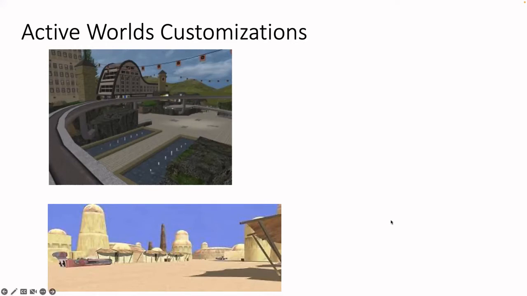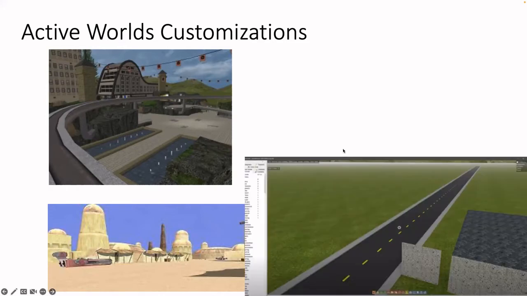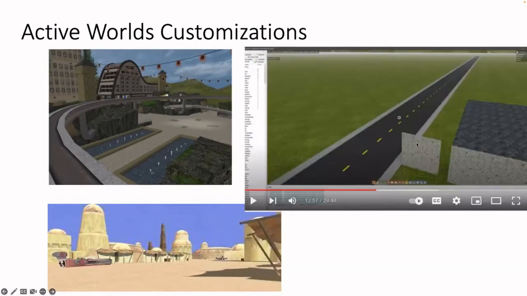But they also had their own built-in builder. And so here you can see this little square is being pulled out of this block of granite onto this highway. Even though you might think it'd be primitive by today's standards, it was actually pretty sophisticated, and most importantly, because you could import 3D models, textures, all of these things, basically Active Worlds, which came out in '95 and was not that well known, had a lot of the components of